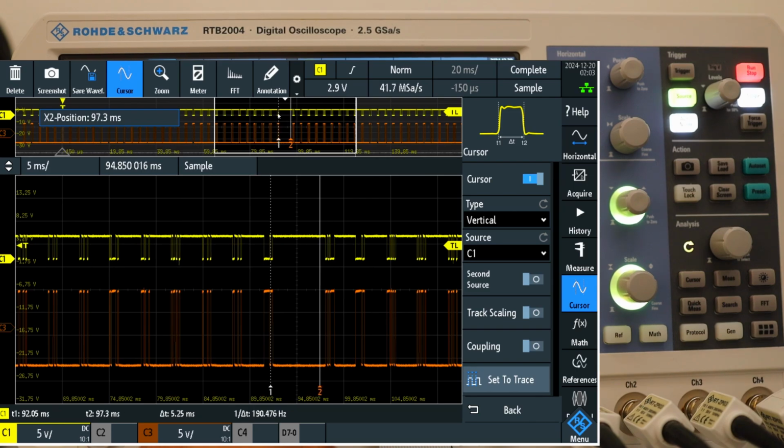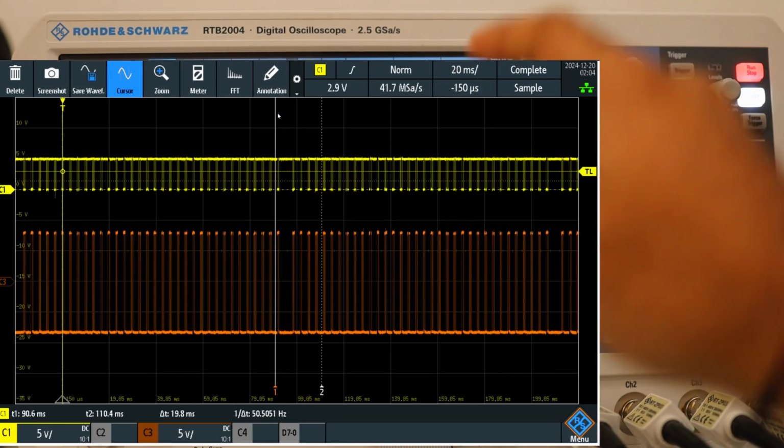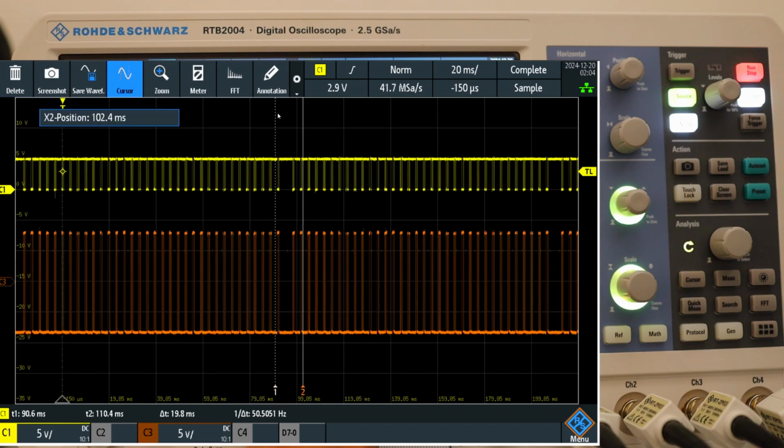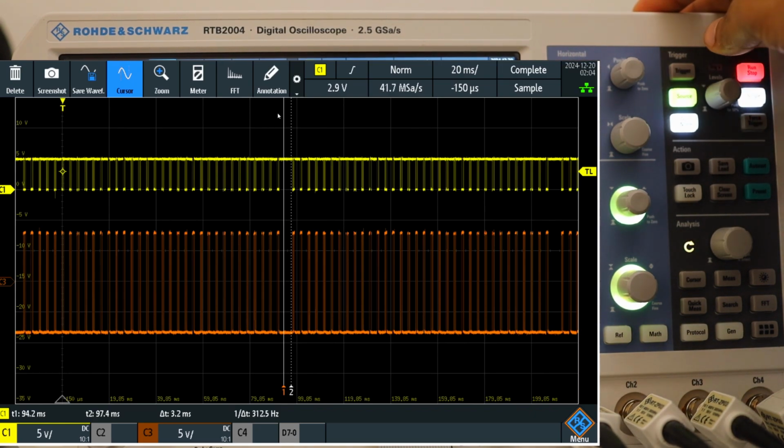So you see, in between individual bytes there is a dead time of around 4 milliseconds. And if I zoom out, these individual packets, the individual bytes, have around 2 milliseconds between them, and sometimes you see a little bit more, and we generally look for this kind of situation. You see the delta down there, and the delta is 3.2 milliseconds. I'll set the trigger to around 3 milliseconds of a pulse width trigger, and we will have a